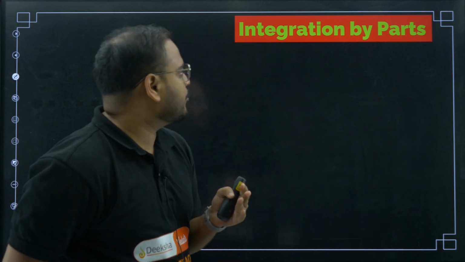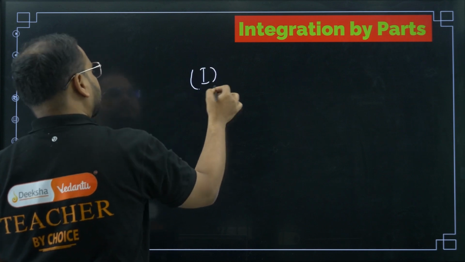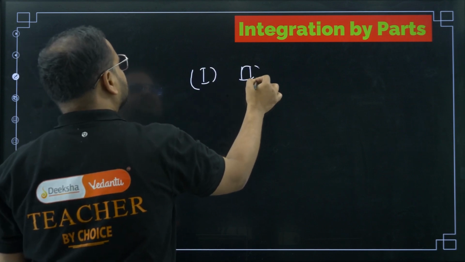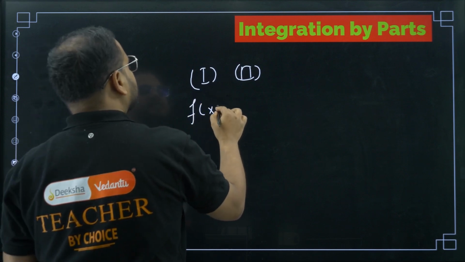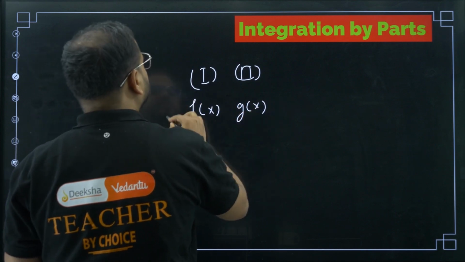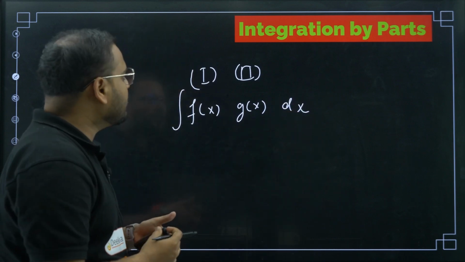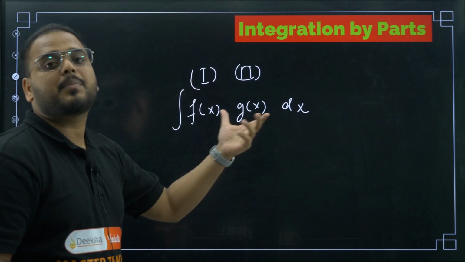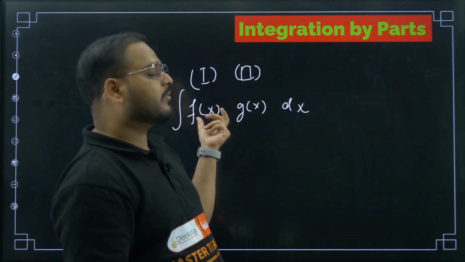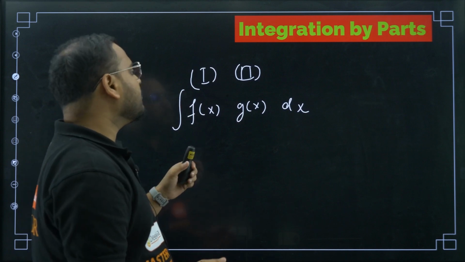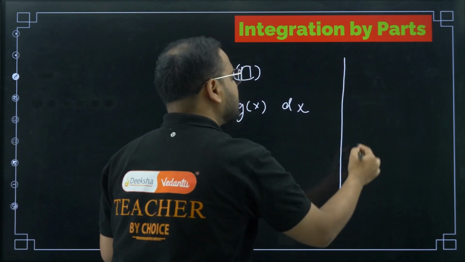Let me show you here. Let's say I have a first function and a second function. Before writing first and second, let me write it as f of x times g of x, and integration is required with respect to dx. What we do is integrate the given function in parts. First we deal with one part, and then we deal with the second part. There's something called a preference order for the functions, which is given by this word: